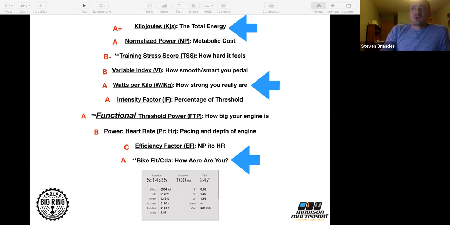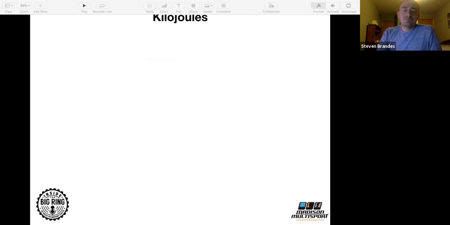Somebody asked, can you explain soft pedaling? Soft pedaling is basically, if you're riding at 100 watts, 200 watts, 300 watts, and you go from some level of pressure on the pedals to no pedaling whatsoever, where there's no tension, nothing, your legs are not moving. That is soft pedaling.